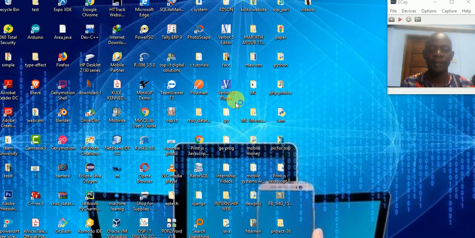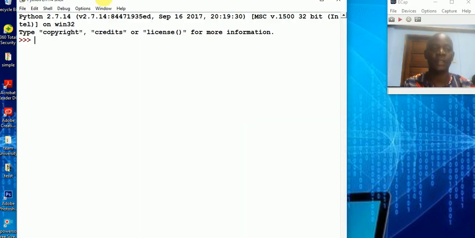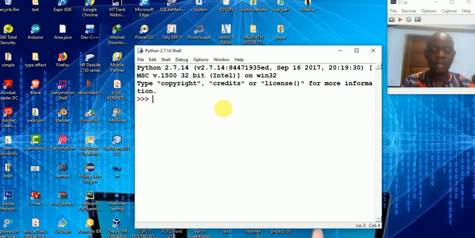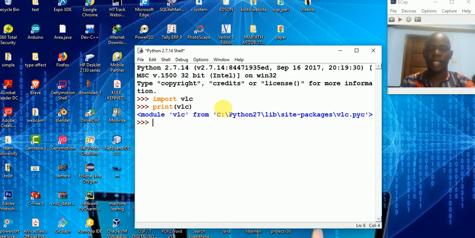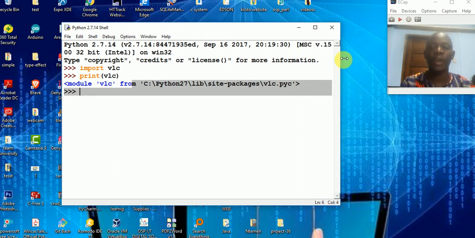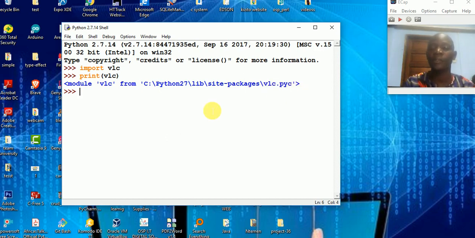I open up my Python 2.7 so that I can test the program for you to check whether the modules are really installed. So this is it. I'm just going to start by typing import VLC. If you find VLC there, good, that's great. You can also test VLC by typing VLC like that. If you find this kind of statement on your program, that implies you have VLC installed in the Python pip command prompt or in the packages. You can see mine is in Python 2.7, in Lib, in site-packages, and in VLC.pyc. Now we already have all those things with us.